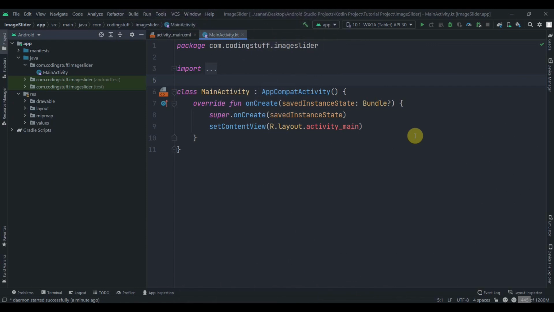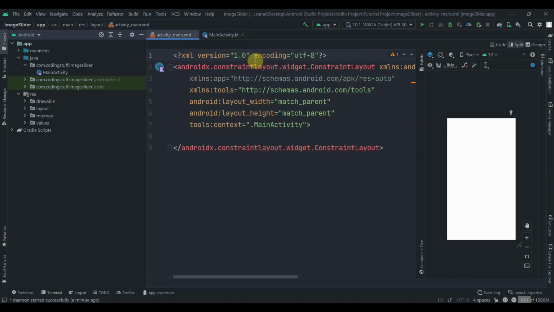Hey guys, welcome back to Coding Stuff, and in this video we'll see how we can create an auto infinite slider with ViewPager2 and Kotlin. So I have created one empty project, and as you can see it has nothing in the activity main for now,